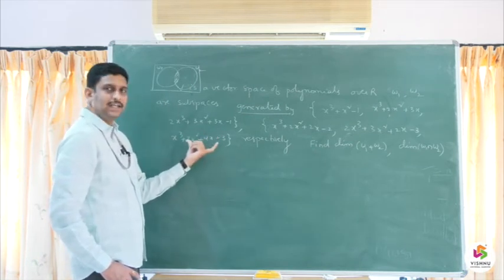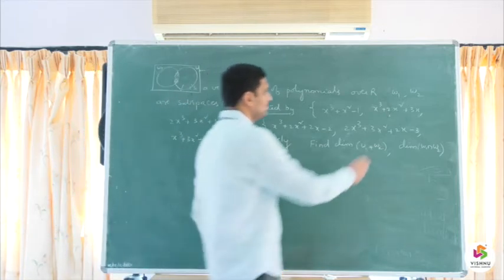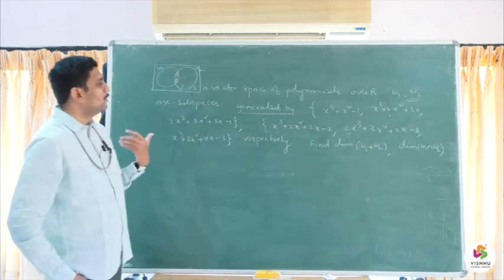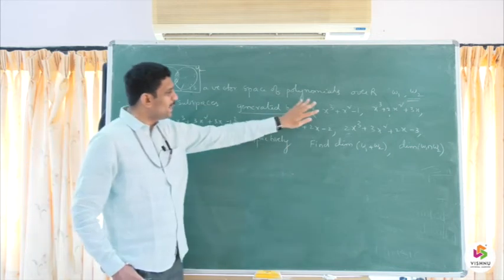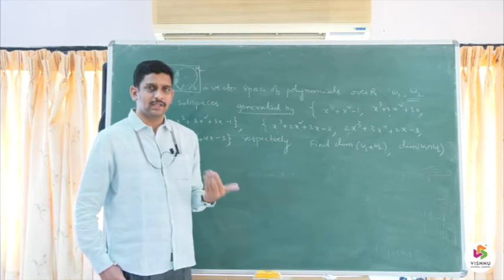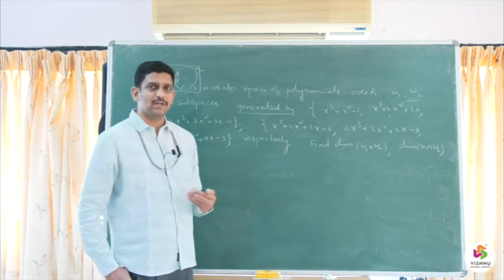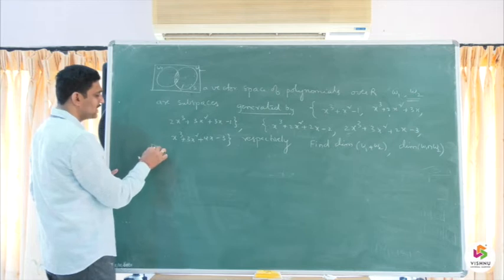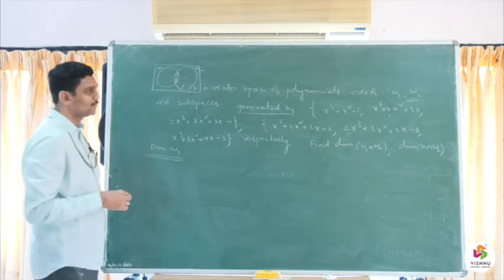This is the other set, which is the generating set, nothing but the spanning set for W2. My intention is to consider each spanning set separately, apply row operations on them, and then calculate a basis for W1 as well as W2. First of all, I want to calculate the dimension as well as the basis of W1. For this, I will do it like this.